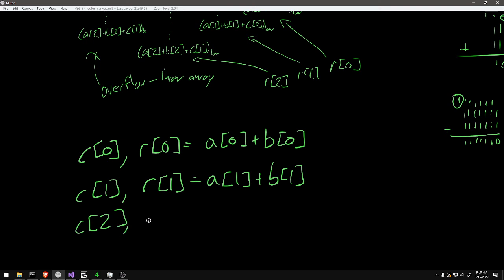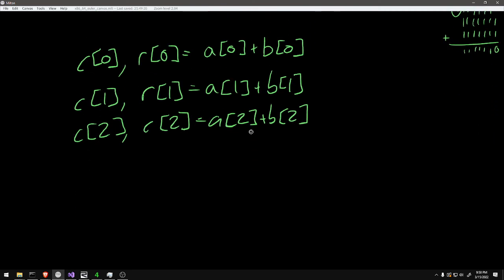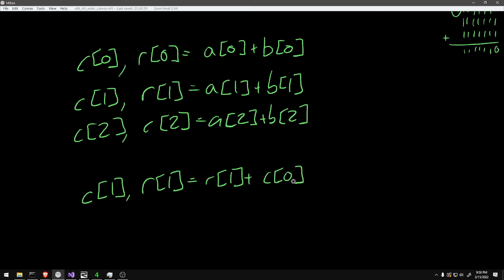Carry 2, result 2 equals A2 plus B2. And then what we want to do is update R1 and C1. C1 here might already contain a carry. I don't want to do C1 R1 equals R1 plus C0. I could do something like this, except I could be losing the correct value of the carry bit. So I need, like,